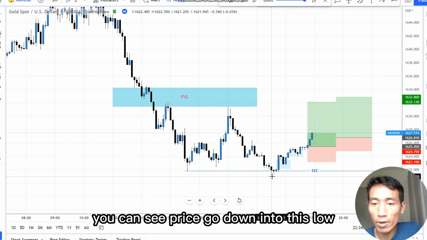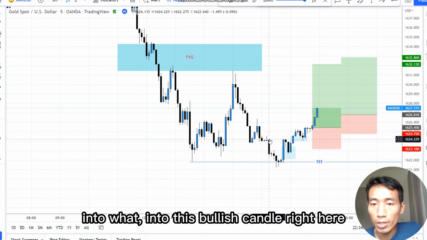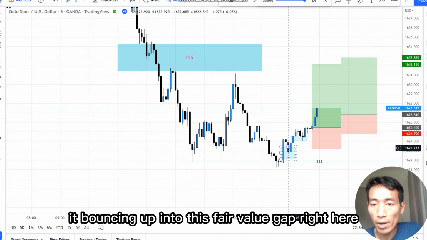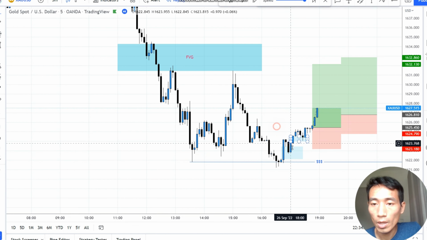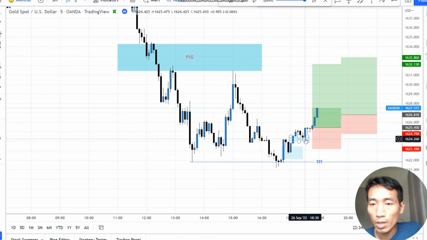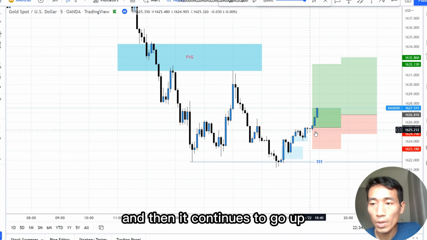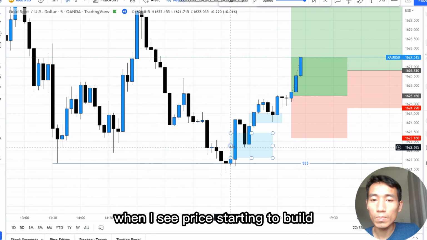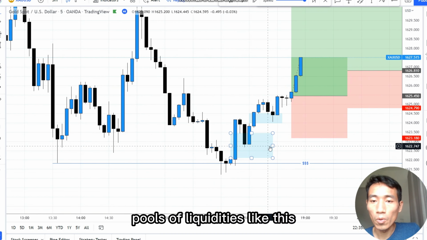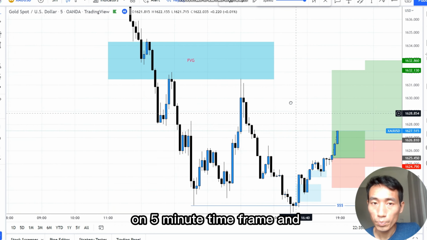Here you can see price go down into this low, take out the sell stops, and then go up into this little bullish candle right here. It bounces up into this fair value gap, continues to go higher into this bullish order block, and then comes back down into this little fair value gap and continues to go up. When I see price starting to build a pool of liquidity like this, and actually respecting the fair value gap on the 5-minute time frame,